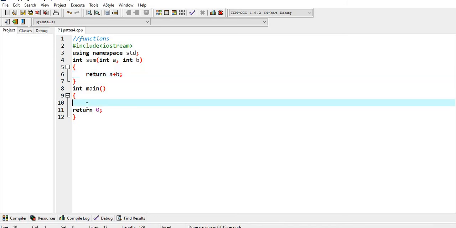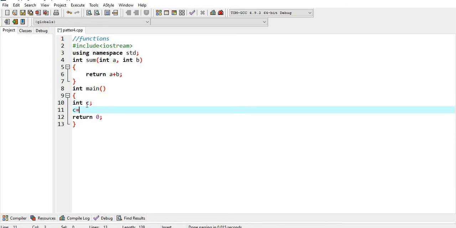Inside the main function we have to call it with default values. I'm going to store the result of my sum function and pass two values. I'm not passing parameters, I'm passing default values to my function.